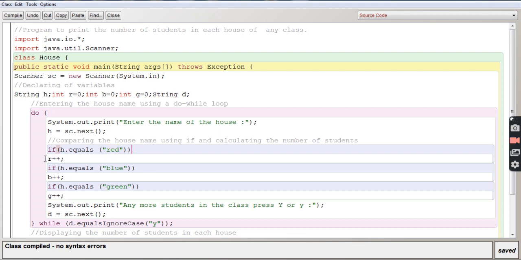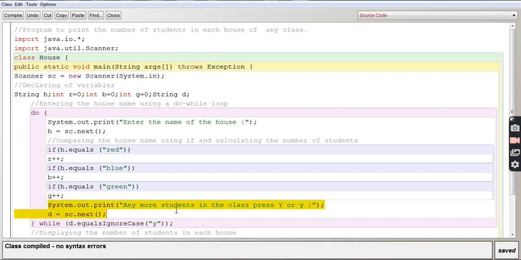If it is equal, then it will go to R++. R is already 0. If it is equal, that means one student of red house has been counted, and it will not go to blue house, and also it will not go to green house, because in the red house itself the condition got satisfied.